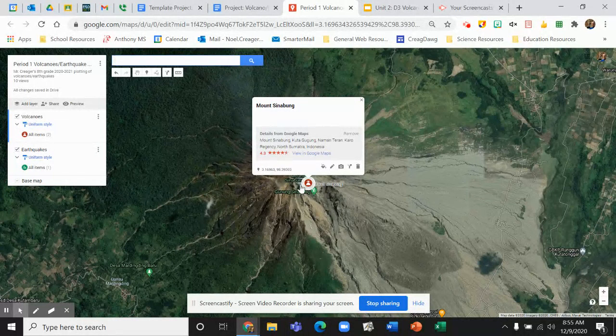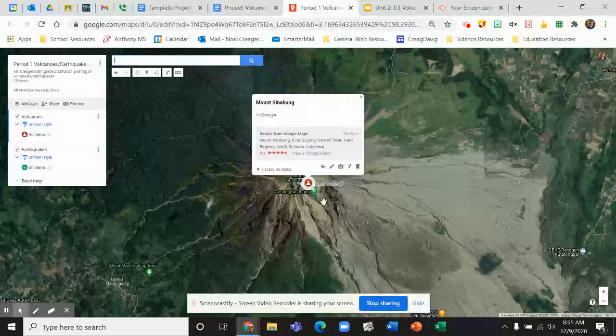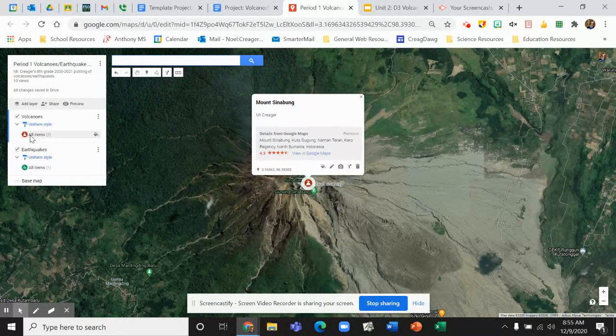And after we've made it a little volcano and location, we need to add in our name. So if we click on that little edit button, it gives you a space. So I can put in my name. And now I've done that, so now I can save it. So now it's saved. And now you'll see over here there are 2 items in there because there are now 2 volcanoes. One is this new one, Sinabung,